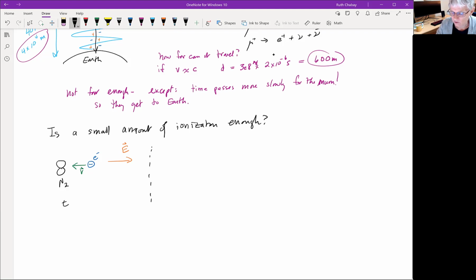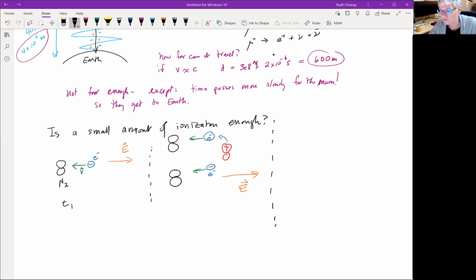So this is our comic strip. Here's time 1. So at time 2, it ionizes it. So now what we've got here is our original molecule that's now ionized, and we have the electron that came off of it, and we also have our original electron. So now all of a sudden we've got 2 free electrons, and we still have this electric field. So now we have 2 free electrons that are going to pick up kinetic energy due to the work done by the electric field. And if they collide with 2 more air molecules,